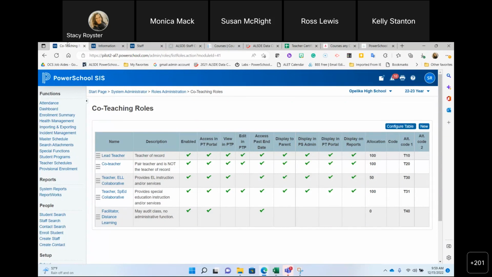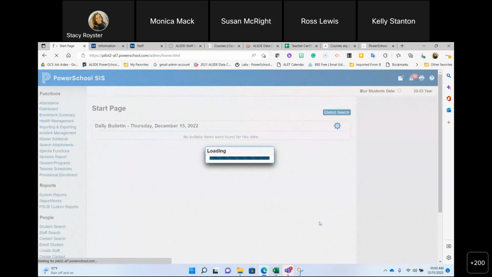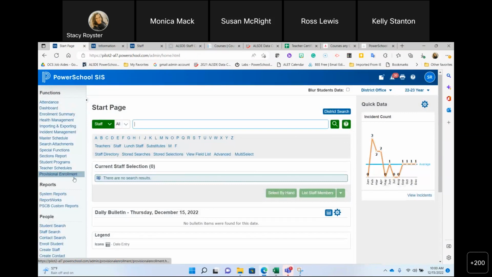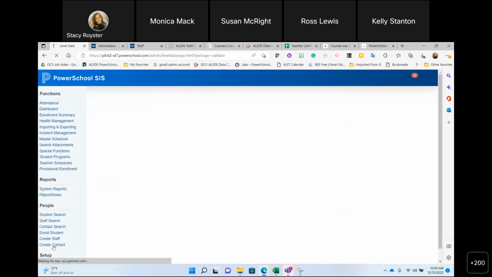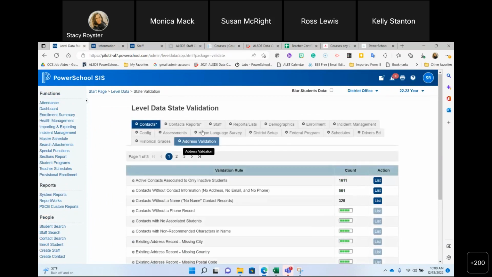Next thing that I would do, and guys, you can actually do this from the district office. So I'm going to flip back to district. Go into level data. Check for the employees who don't have the ID numbers in so you can get those in. Start looking at who you may or may not have